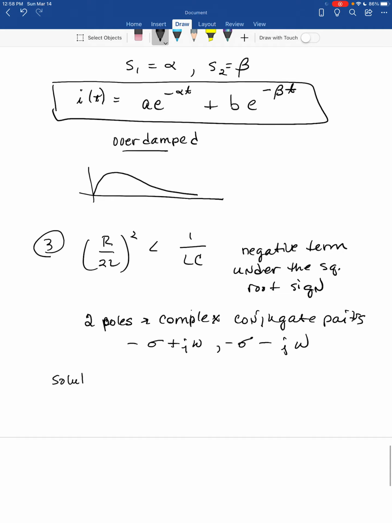And so your solution would be of the general form I of t is a e to the minus sigma t sine omega t plus b e to the minus sigma t cosine omega t. This is the